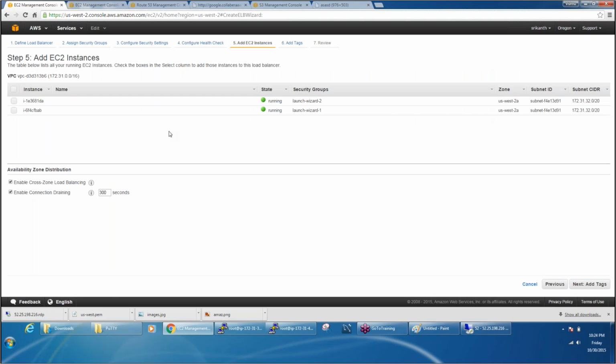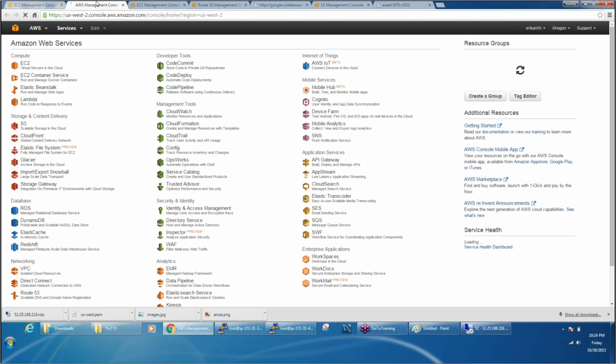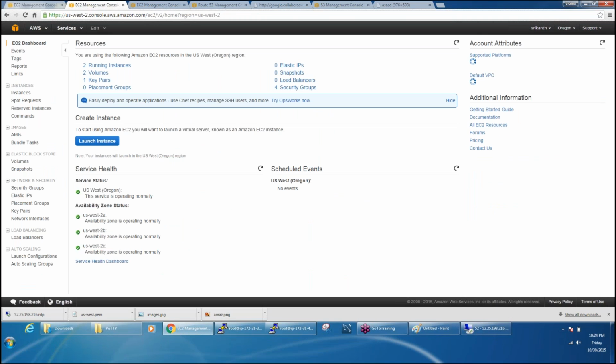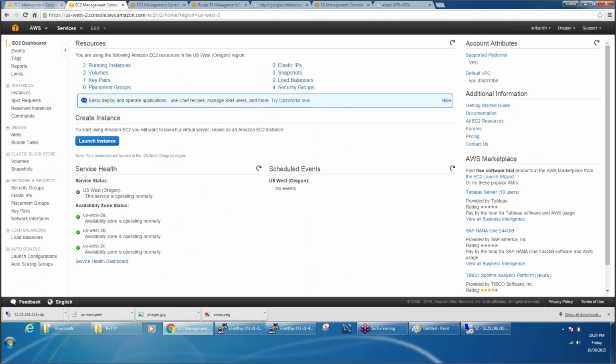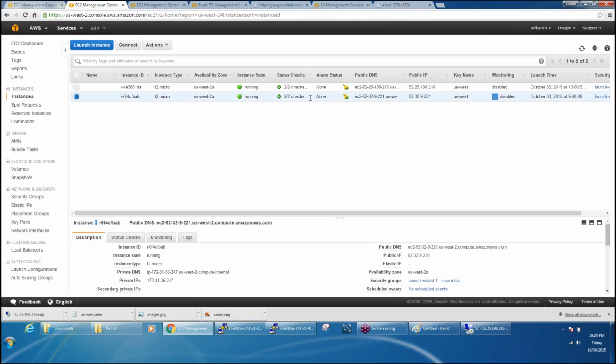Right now, in this region, I'm adding a load balancer in Oregon. In Oregon, I have two EC2 instances, but only one of them is a Windows instance and one of them is a Linux instance. So I want to have my Linux instance behind the load balancer. So I'm going to check what is my Linux instance here. My Linux instance is,